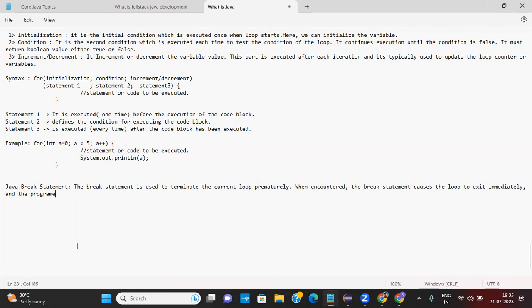The break statement is used to jump out of the loop, whatever we say, it will exit. The break statement can also